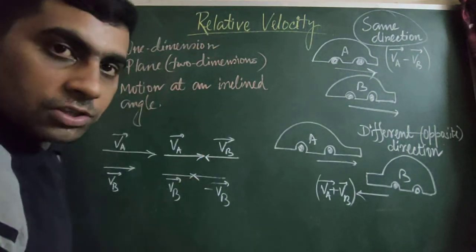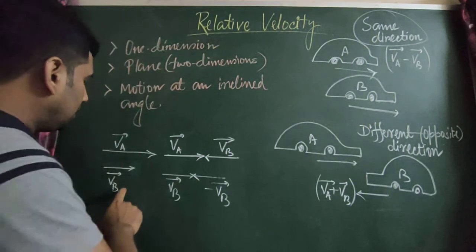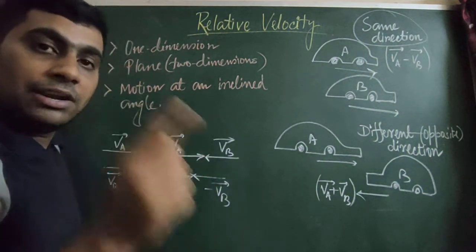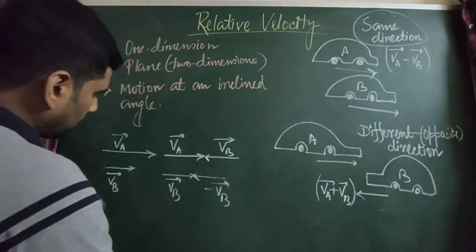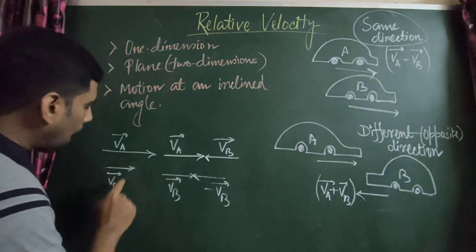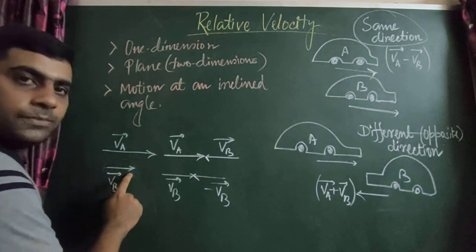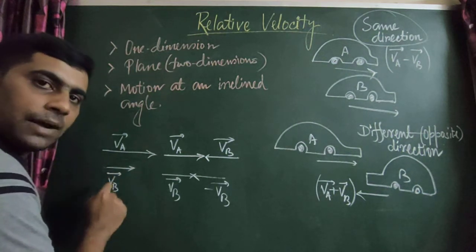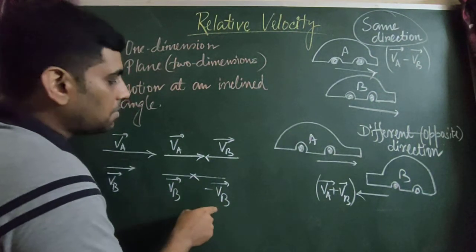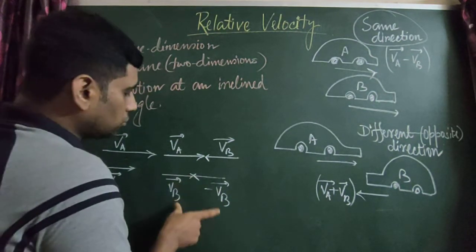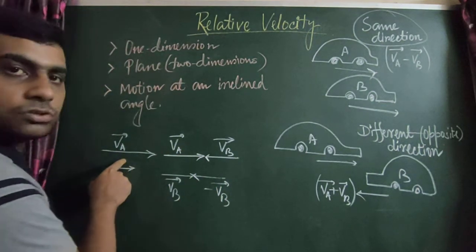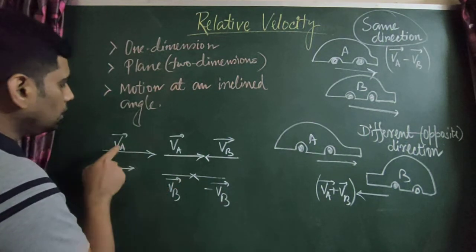Now to find the relative velocity, what do we have to do? We first have to bring B to rest, not really, in reality, but virtually. How do we bring this object to rest? If we apply an equal and opposite velocity to this object, the object will come to rest. Like VB, if I apply another minus VB over here, minus VB means same magnitude, different direction, so B will come to rest. Now to counterbalance this, at the same time we also have to apply this minus VB to VA.